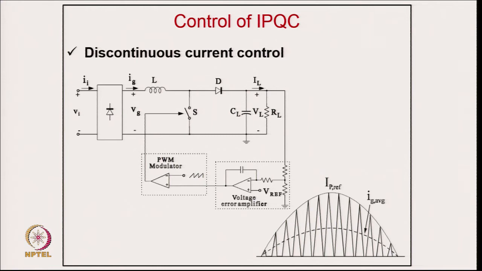So, no input voltage, no input current sensing is required, and another major benefit, we get discontinuous current, so your inductor size is also reduced. As you can see here, the inductor current is discontinuous, but because of this you get inherent power factor correction. So, a couple of sensors are completely eliminated here, but of course,